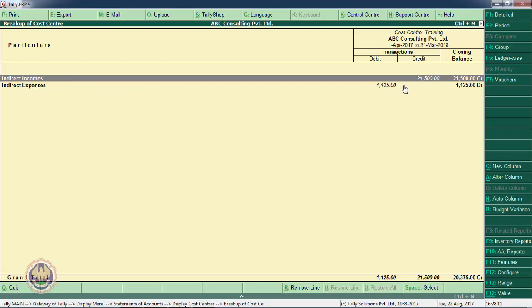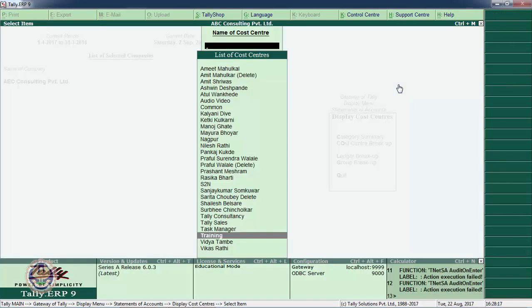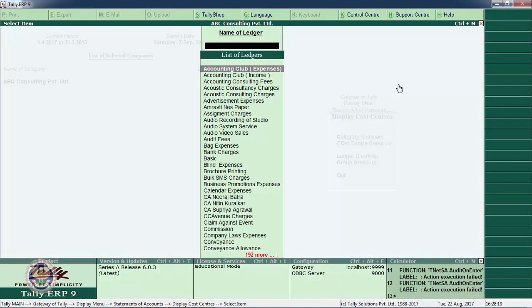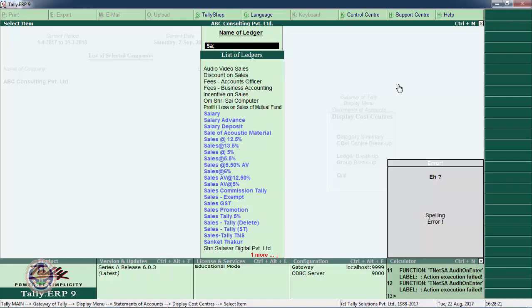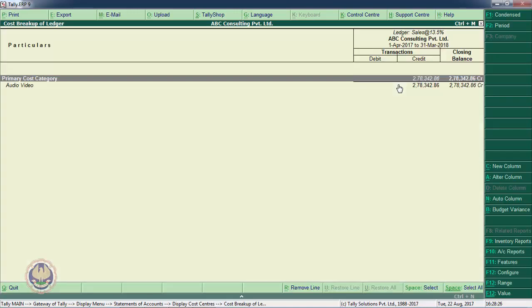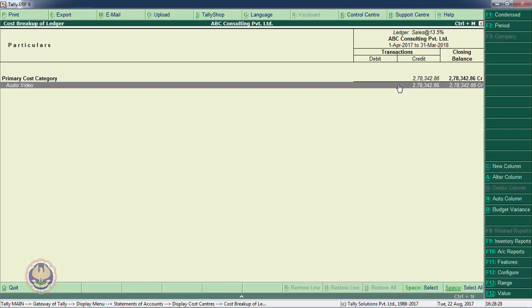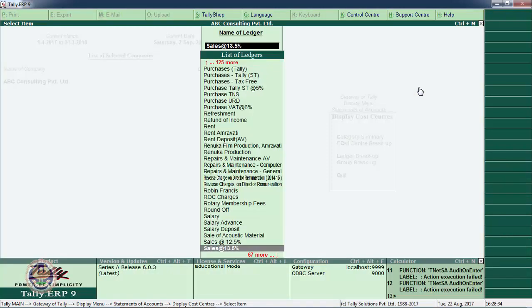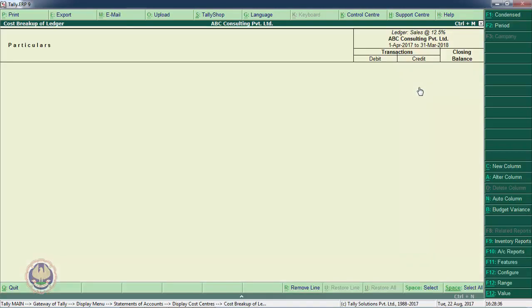So we are in a position to identify all the debits and all the credits recorded with a particular cost center. Ledger breakup, for example, let us go to sales at the rate 13.5. Audio video, this particular division, this particular vertical, has sales of rupees 2,78,000. I can change the ledger.